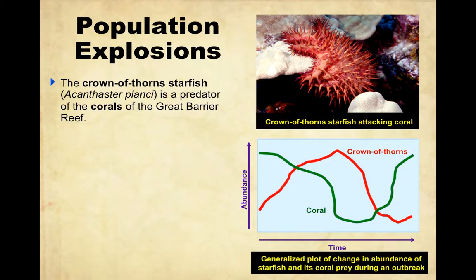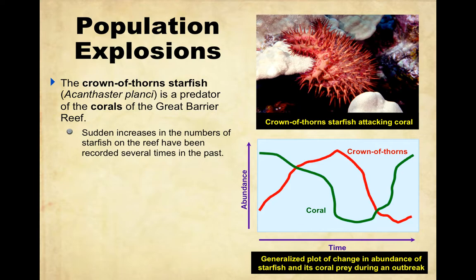We have population explosions when there is a change in the number of usually a predator or prey, okay? So the crown of thorns starfish is one of the organisms that are literally gobbling up the corals in the Great Barrier Reef. And we've seen a huge number of them over time, okay? And so what we've seen is as the number of crown of thorns sea stars explodes, the number of corals